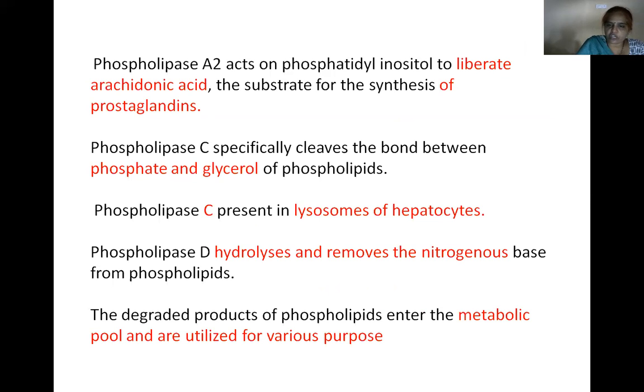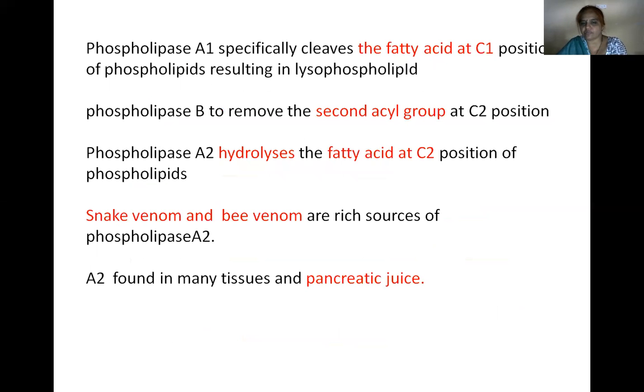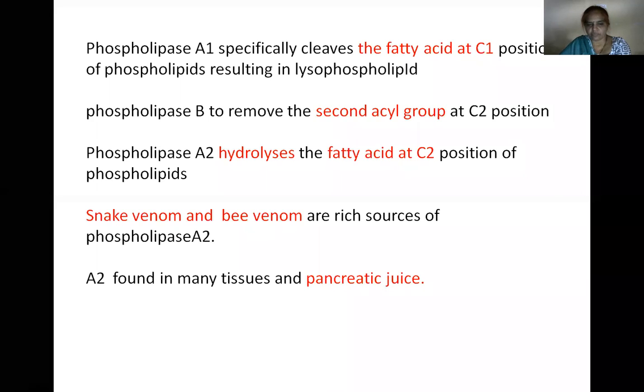Phospholipase C is present in the lysosomes of hepatocytes and cleaves the bond between the phosphate and glycerol. Phospholipase D hydrolyzes and removes the nitrogen base. Phospholipase A1 hydrolyzes the fatty acids. This is phospholipase A2, with main rich sources being snake venom and bee venom, and it is also present in